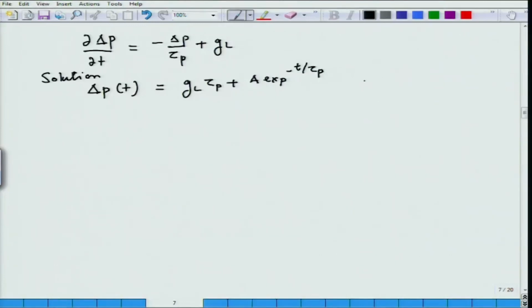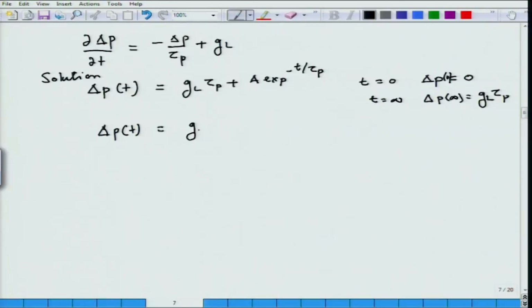If one solves for the initial condition at t equal to 0, delta p at 0 is 0, and at t equal to infinity, delta p at infinity is, as we have seen earlier, G L tau p. If we solve for this, delta p of t is changing,